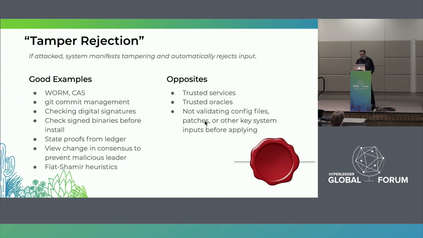Anyway, I won't go through all these exhaustively, but the opposites of this would be trusted services or trusted oracles. So a trusted service, you're saying, look, I'm asking you to do some work and you'll just do it for me. A trusted oracle is I'm asking you a question and you'll give it back to me. Either of those is kind of an example where the tamper rejection kind of goes away. Why does it go away? Because you're asking a service, which is a central point, to do something for you, and you just have to trust that the service did it for you, right? You no longer can detect whether the service itself is tampering. You might be able to detect whether others can tamper, but you can't detect whether the service is. And the same thing for an oracle, okay?